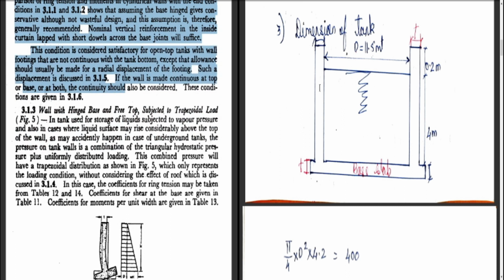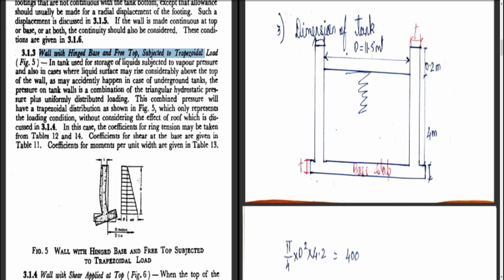Now in 3.1.3, if you see, walls with hinged base and free top subjected to trapezoidal load. This is not a triangular load now, so we have a trapezoidal load. And why does it happen? It is given here. In tanks used for storage of liquids subjected to vapor pressure, and also in cases where the liquid surface may rise considerably above the top of the wall, as may accidentally happen in case of underground tanks,